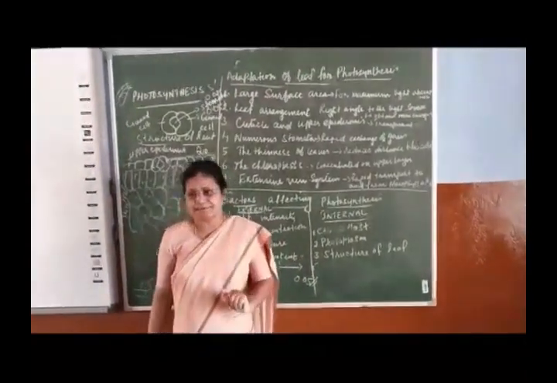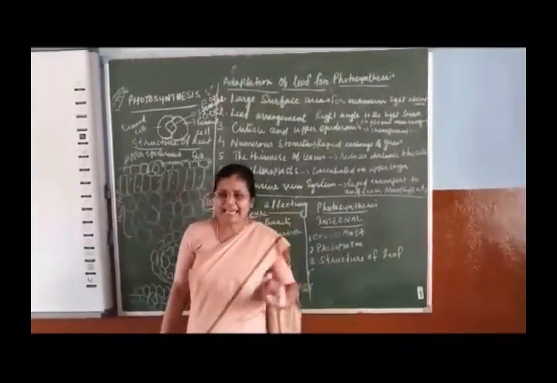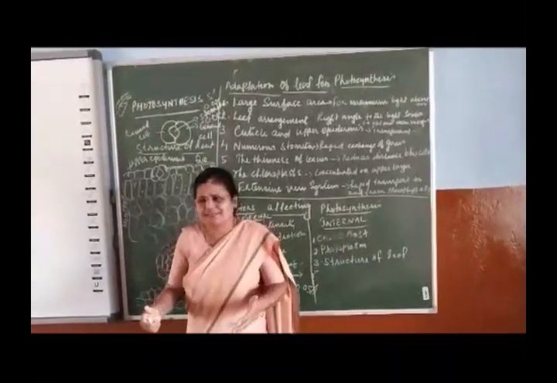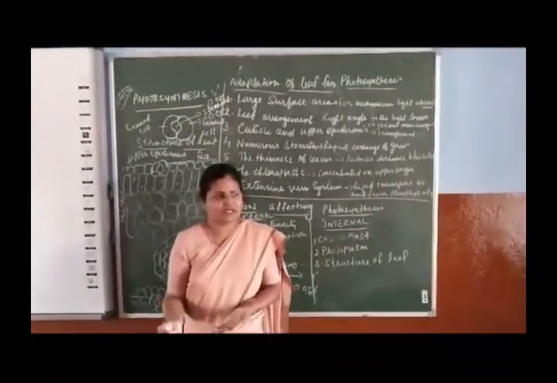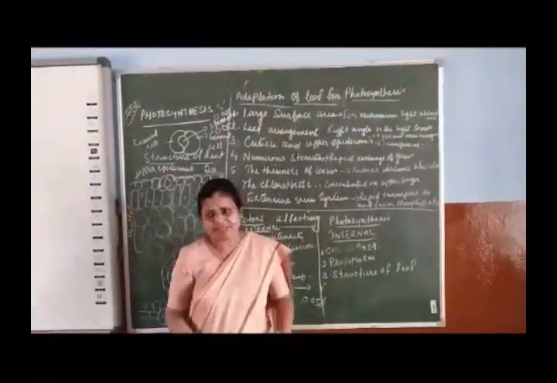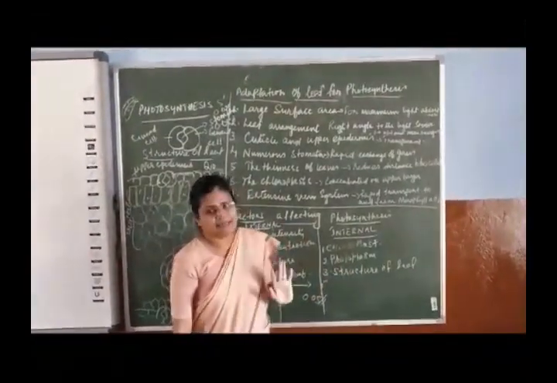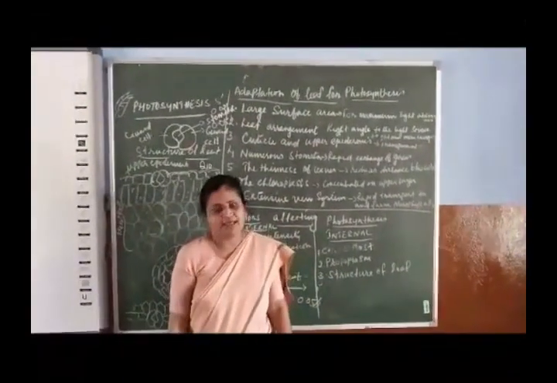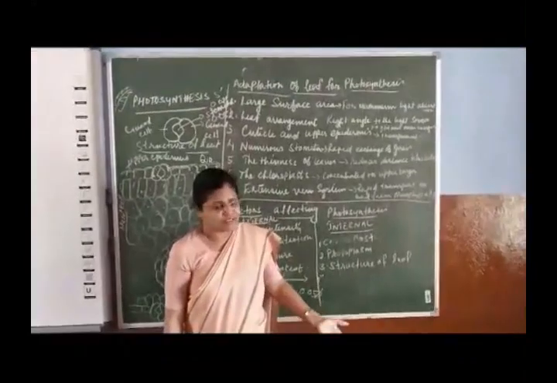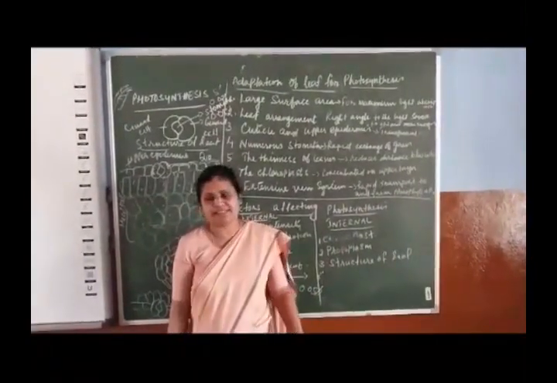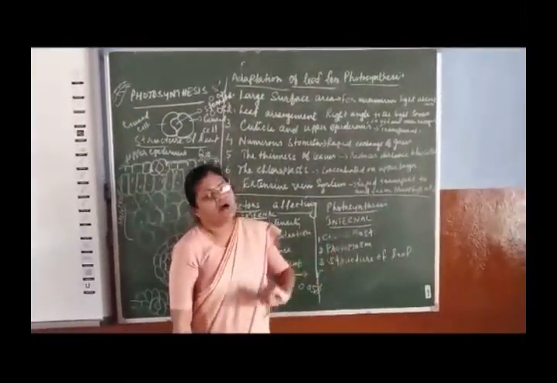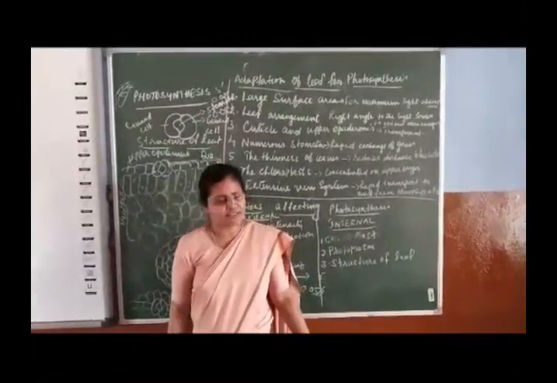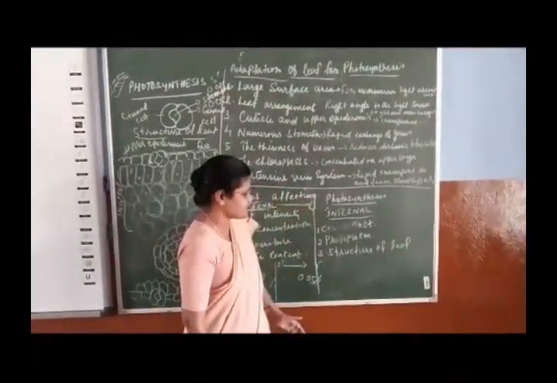Second, the protoplasm. Suppose there is dehydration, the cell starts drying due to non-availability of water or due to drought, due to various factors, automatically it affects the rate of photosynthesis. Similarly, due to over-photosynthesis, there is a lot of glucose and starch in the protoplasm, automatically it affects the photosynthesis. Photosynthesis does not take place.